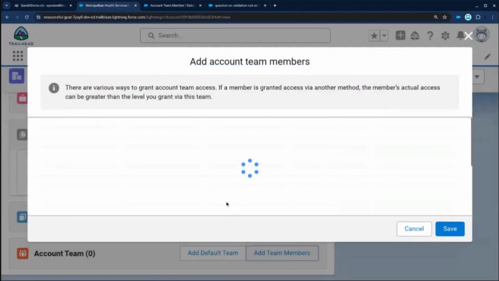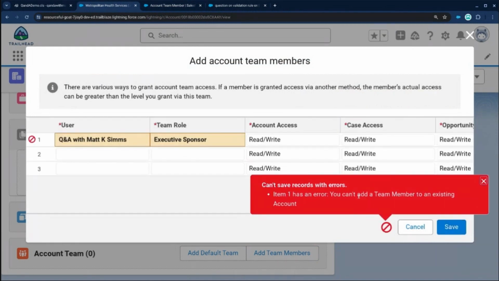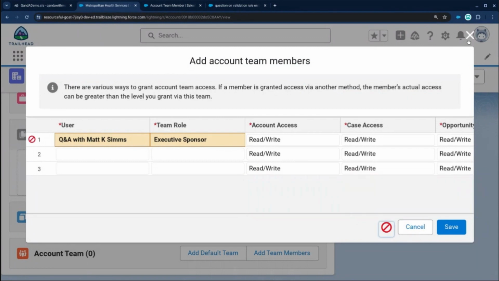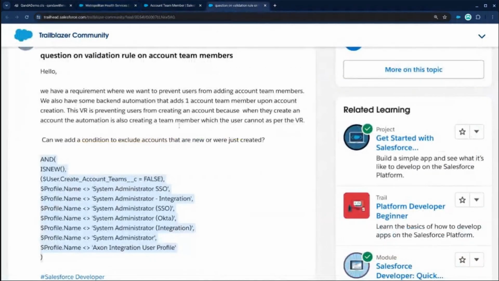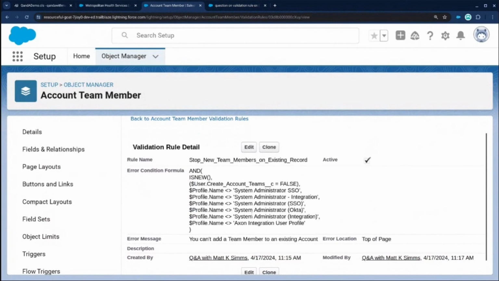Now when I hit add team members, I should get an error. Okay, yeah, perfect. You can't add a team member to an existing account. Great. Okay. So I got an error because my user doesn't have the checkbox checked. This checkbox here, create account teams, and my profile is no longer in the list because I changed it to not include the system administrator profile. Okay. But